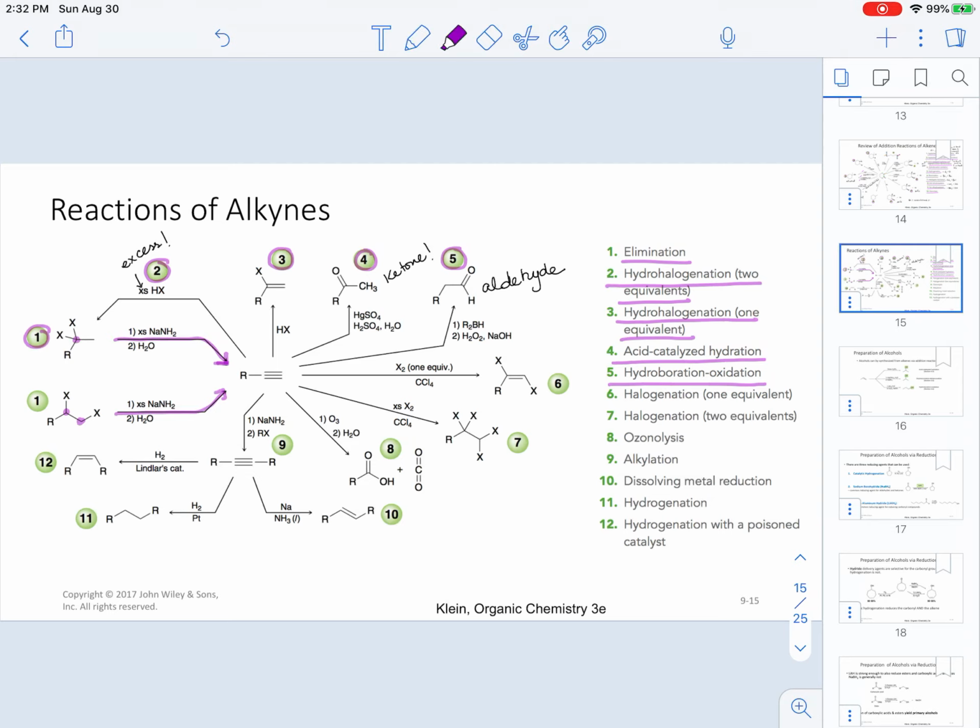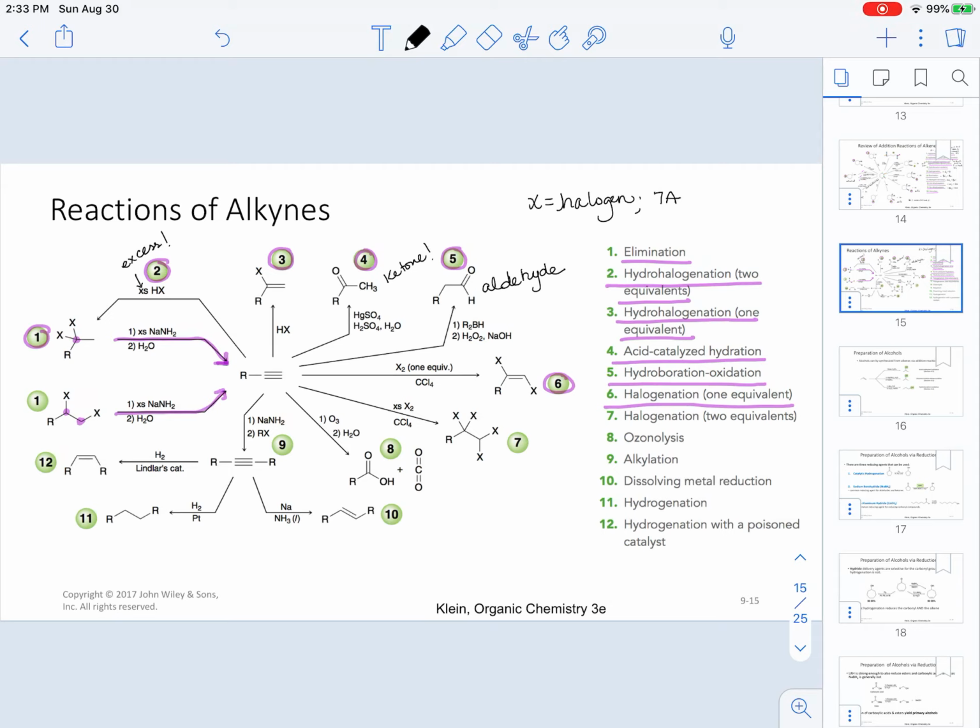When it comes to reaction number 6, this is halogenation. This is 1 equivalent of our alkyne. As you can see, we are going to be using 1 equivalent of X2. Remember, X equals the halogens,